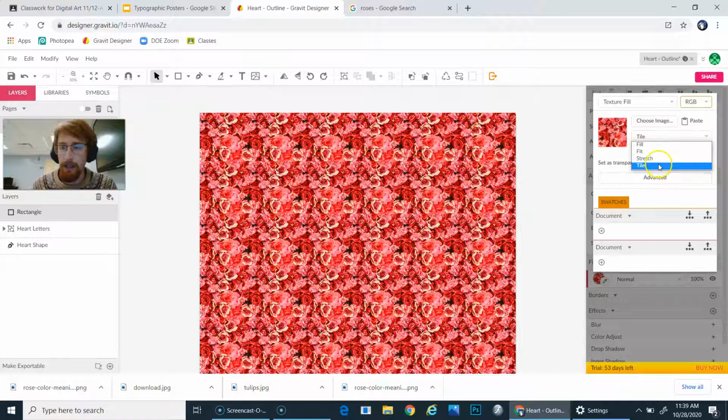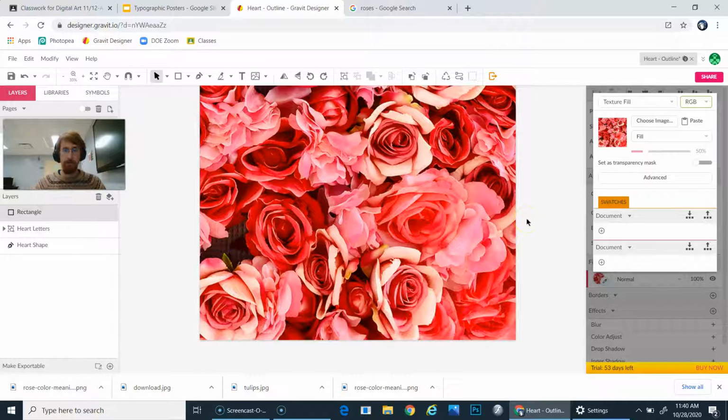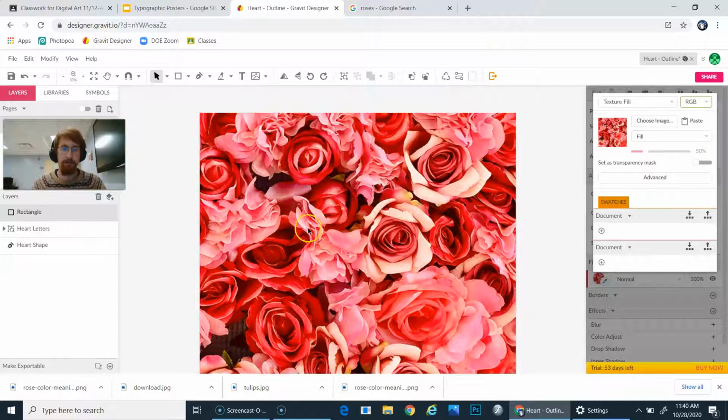If you don't like it to be repeated at all, you can turn it from tile to fill. And what that will do is it'll actually stretch the picture out and enlarge it to fill the entire box. Don't worry about the advanced features because that just gets into how it's placed. So again, if you decide during your design you don't really like this, you can always go back and just choose a different image,